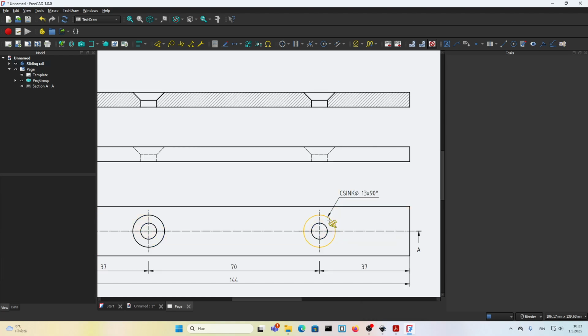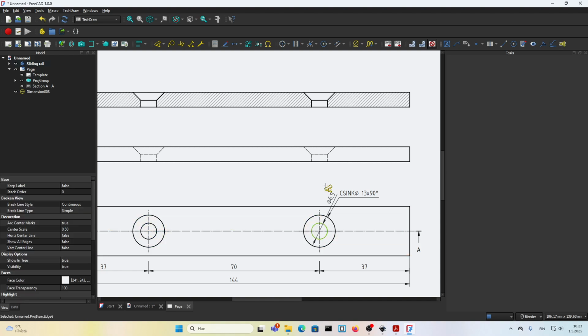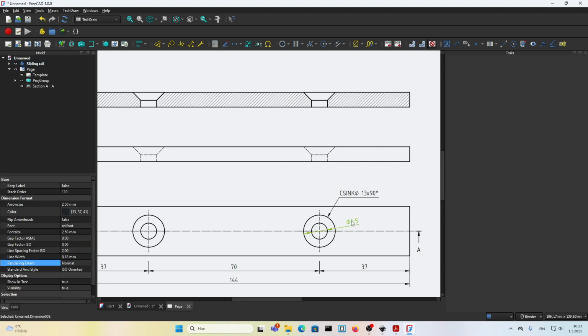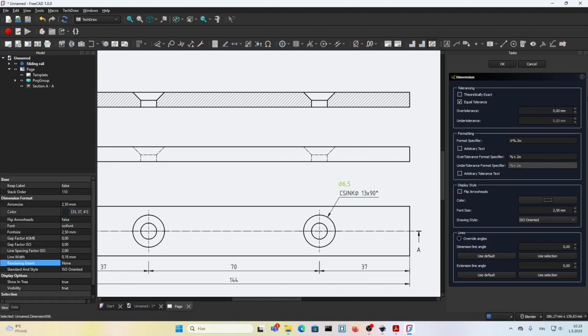How to add the 6.5 through diameter text. D from the keyboard for dimension. Click on the hole. Click on here anywhere. And now click on this dimension. From here, choose none and move it to here. Double click, arbitrary,